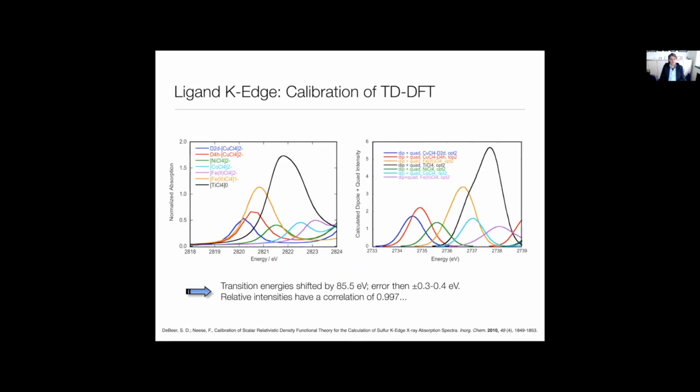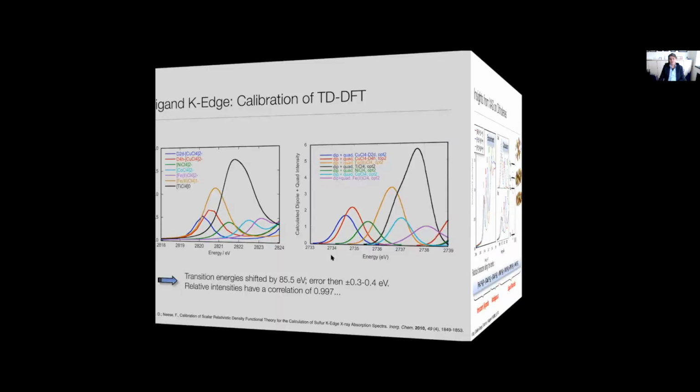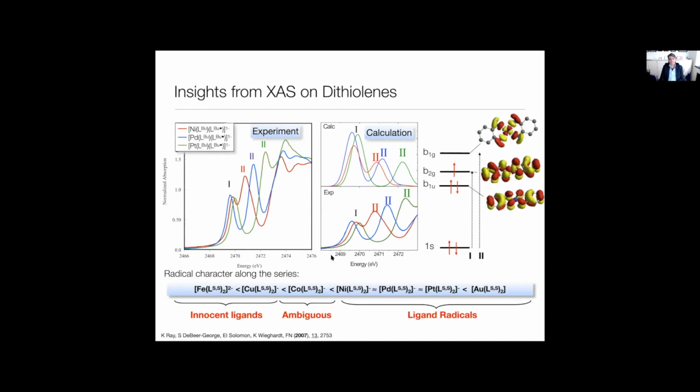And DFT is very successful, actually, in predicting the trends, both the intensities and the positions of these ligand pre-edge features. And I think maybe about 10, 15 years ago, we studied a lot of that together with Serena and together with Carl Wiechert. And by and large, these calculations are a super helpful guide. That comes up, for example, in these very exciting compounds. These are metal ligand radicals. And it is fantastic how ligand K-edge spectroscopy can be used in order to pick out the radical character in these various